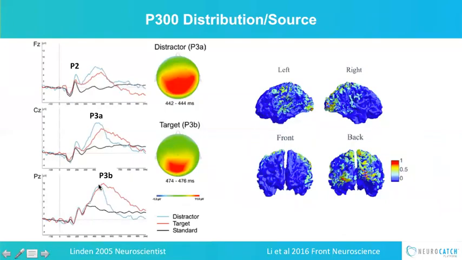Well, what about the P300? Remember in module 1, I taught you that brain function can be localized, but it can also be part of a larger distributed system. And as we go up in information processing, from lower level to more complex levels, we start to use more distributed networks in our brain. So this is showing you on the left, this is a bit of a busy graph, so I'll walk you through it. These are the sensors at FZ, CZ, and PZ. And this is showing you